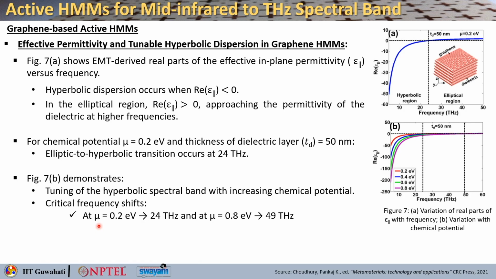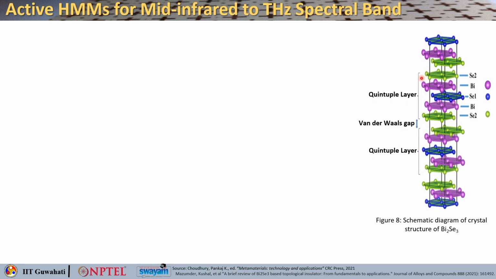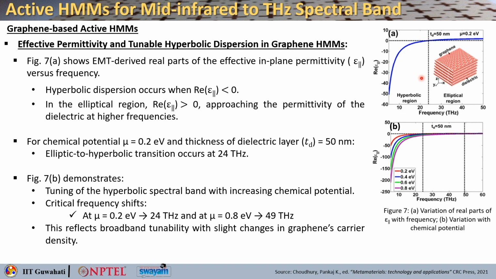Now this mu is the chemical potential, which basically depends on the carrier density, right. So you can change the carrier density in graphene to change its chemical potential, and that will change this transition frequency between the elliptical and hyperbolic material dispersion curve,